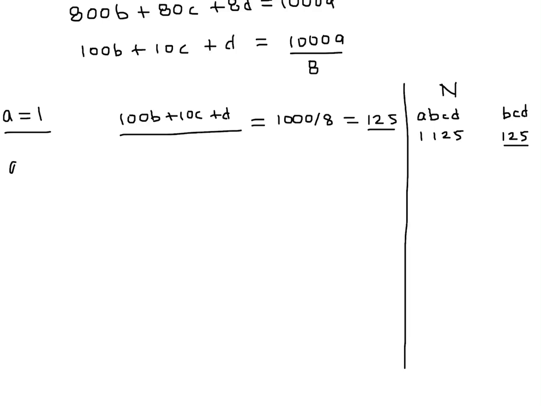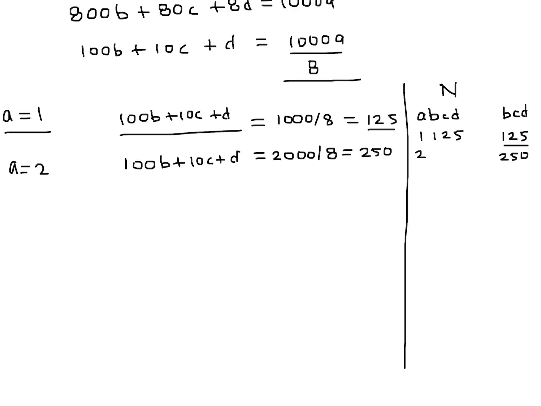So next, A equals 2. If A equals 2, that means 100B plus 10C plus D, if you use this equation right there, becomes 2,000 over 8, like that. And 2,000 over 8 is 250. So therefore, our BCD number is 250, and our ABCD number is 2250. And this number is 1/9 of that number. All right, so let's keep going here. When it's 3, it's 3,000 over 8,